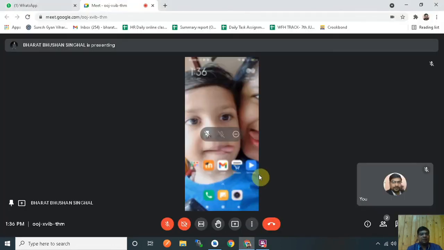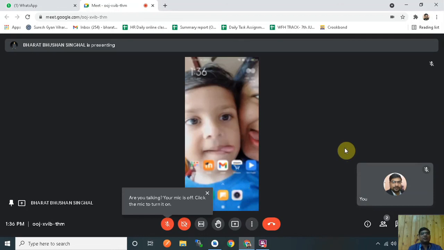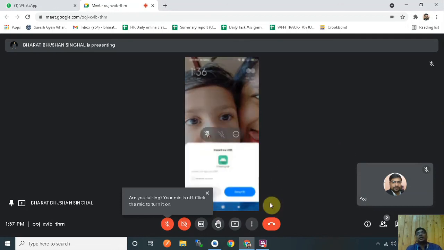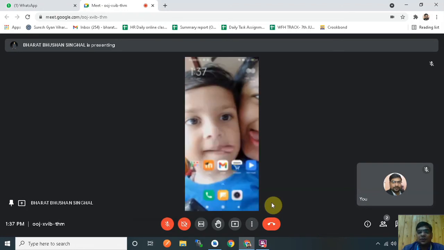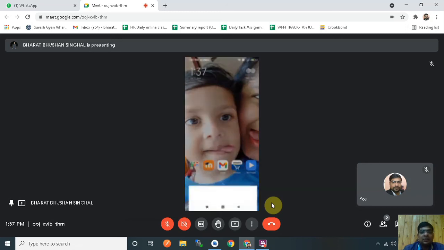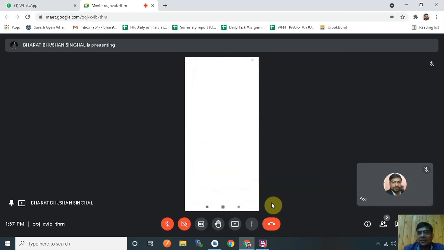So this is my mobile. It asks to install this app onto my mobile, so I give the permission. Now this app is running on my mobile, and the layout is showing very well on my mobile screen.